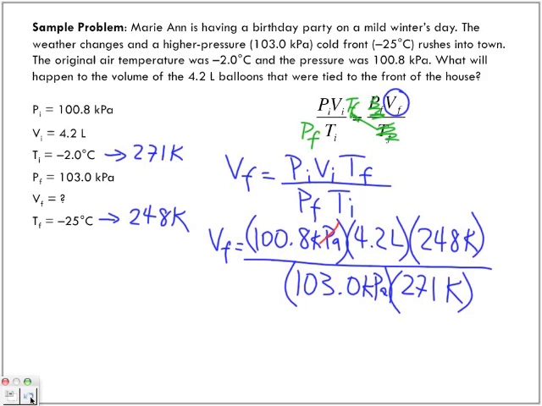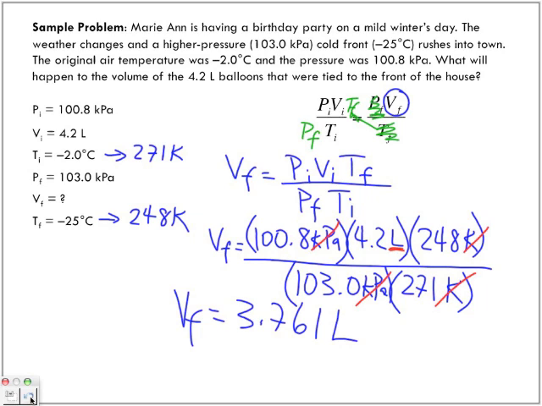And so just like I said, when it comes to canceling out the units, we've got kilopascal here, kilopascal here. We've got Kelvin here, Kelvin here. So we know what our units are. And we should know that regardless of whether we cancel them out or not. We should know, if we're trying to find volume, which one of these units is volume. But this is kind of the fail-safe. Okay, so when we multiply all that together, our final volume, we get